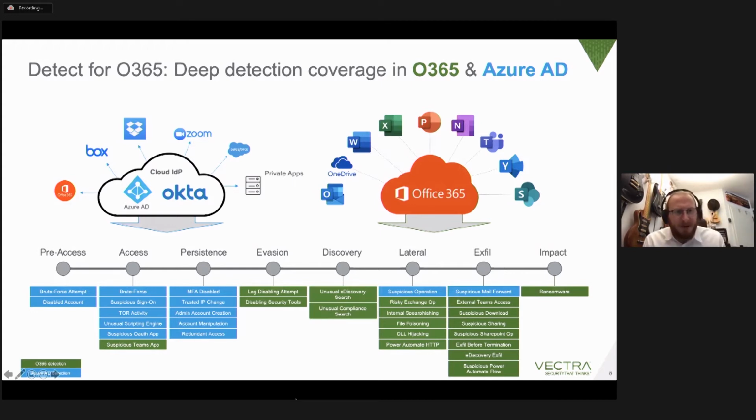So what we developed is we developed for the cloud as well, the similar kind of use cases, so we can provide you the same linear coverage as we can do on premise. So the kind of tech progression steps are a little bit different. They're a little bit more precise. So we have from pre-access to lateral movement and impact, exfiltration, several kind of detections that we provide you out of box as well.